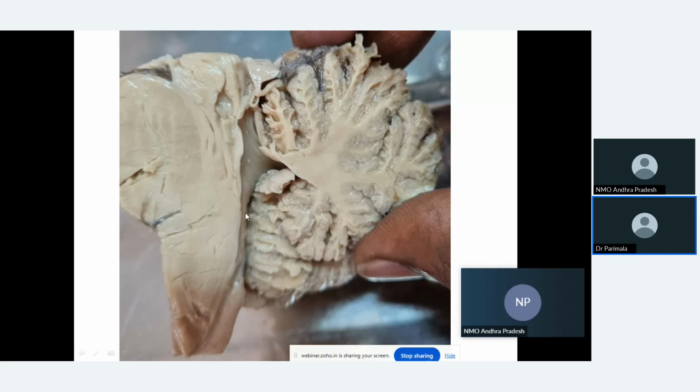This is the fourth ventricle. So this is the posterior surface of the pons, and this is all medulla, the upper part of the medulla. And this is the posterior surface of the medulla, which becomes the floor of the fourth ventricle. So you have a central canal in the lower section and in the middle section, whereas in the upper section there is no central canal. All the cranial nerve nuclei will be dispersed or pushed towards the posterior aspect of the medulla. These are the basic things which you have to remember to understand the sections of medulla.